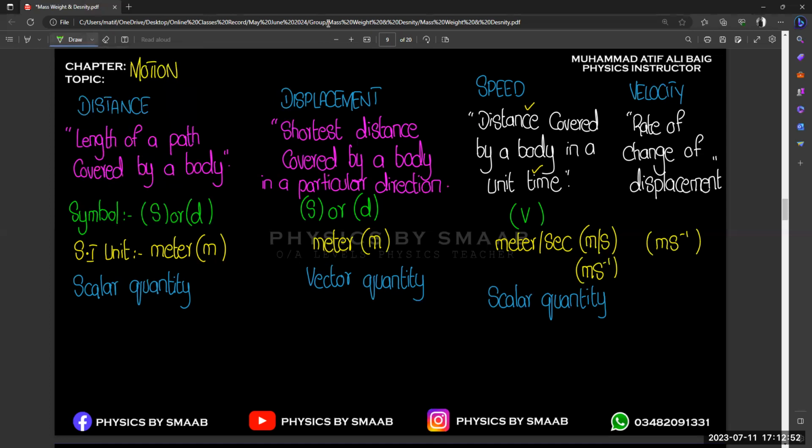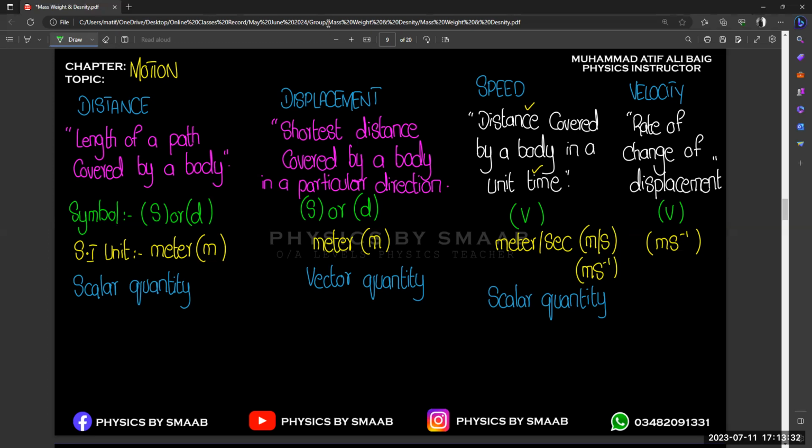Okay, let's suppose someone asks you, if you want to write a different symbol for scalar and vector quantity, let's suppose V is written in our paper and someone asks you whether it is velocity or speed. How would you identify that? Because the symbols of speed and velocity, and distance and displacement, are the same. Velocity will have positive and negative values. Yes, very good. So velocity has positive or negative values, and showing it with the symbol is not compulsory in your exam, and they never ask you to identify the difference between speed and velocity in symbol.